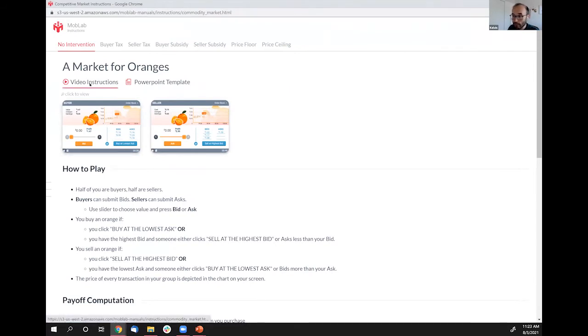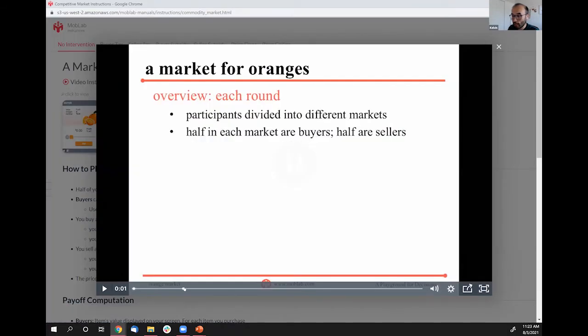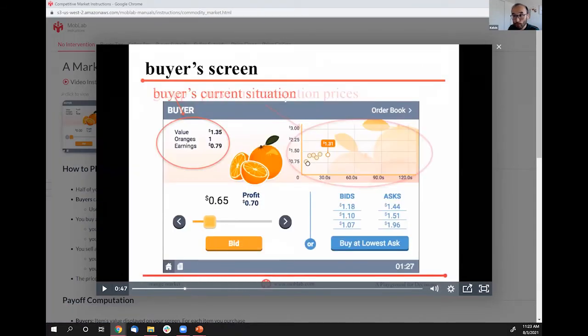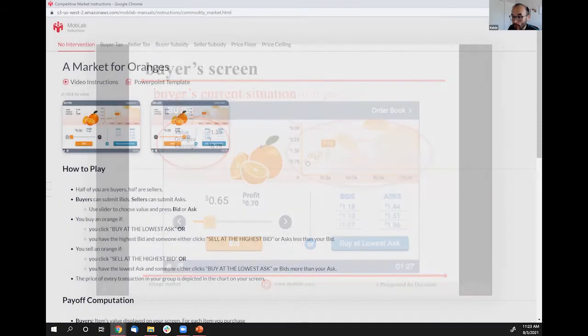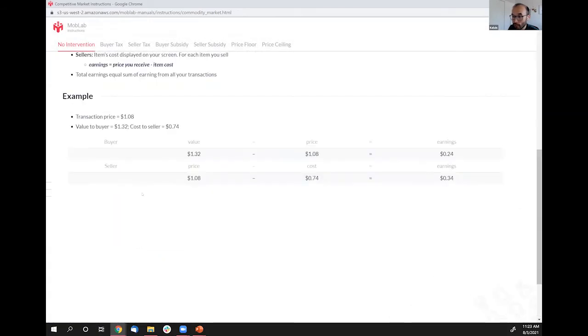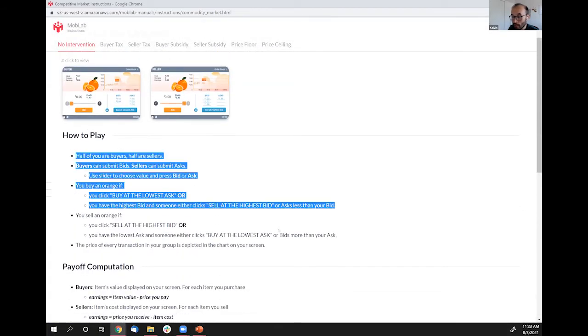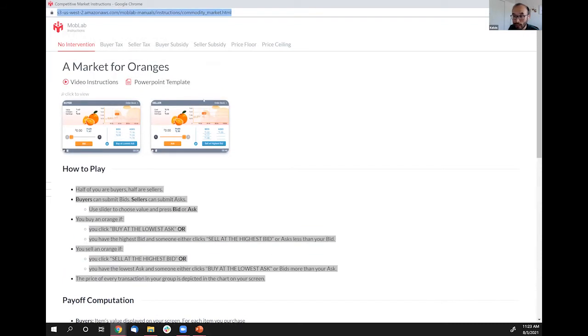There's an instruction video that they can watch where it goes over everything, like the controls, what they should look at, what they should be aware of, and all of that stuff. So you don't have to do any of this instruction work if you don't want to, right? Some of my colleagues just play the video and that's it. Or you can, like I said, post this stuff ahead of time. You can share this link on your LMS and it'll be easy to access this page right away.